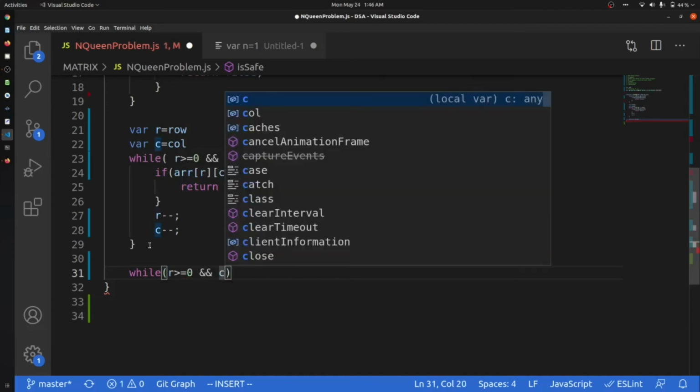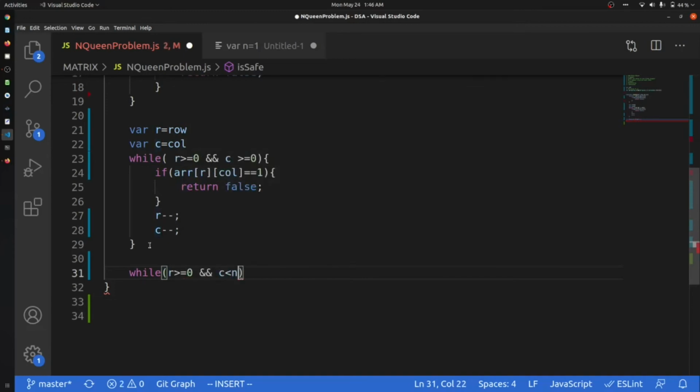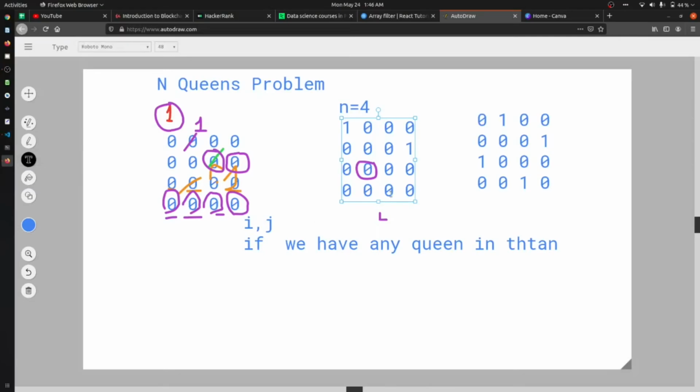Okay, in a similar way, we will go 1 row backward and we will just check whether we are having an element at the next position. In the previous while we were checking at this 0. Let me just take this. We were checking at this 0. Okay, now in the current while we are checking at this 0.